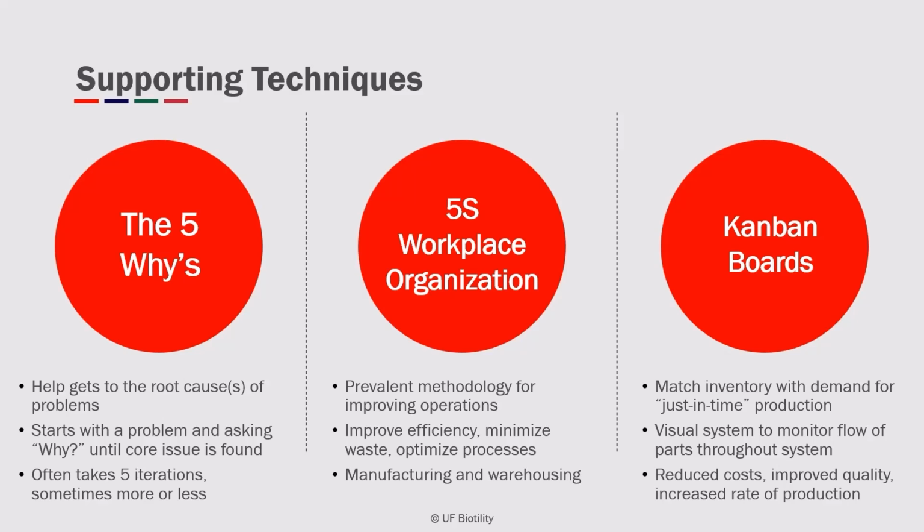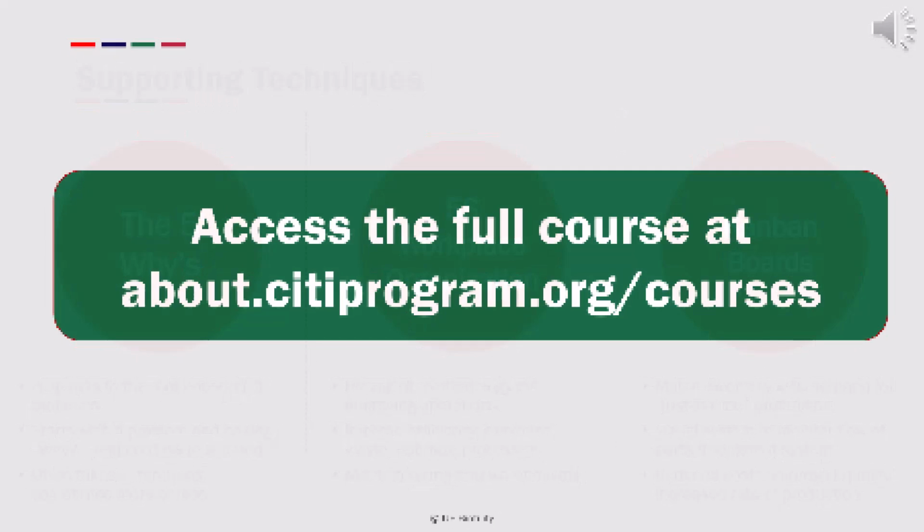Then, Kanban boards are visual systems that were established back in the 1940s. In the 1940s, Toyota began matching inventory with demand in order to allow for a just-in-time provisioning and production process. They did this by implementing a visual system for monitoring the flow of parts from the supplier to storage facilities to the assembly line. This system reduced cost, improved quality, and sped up the rate of production,